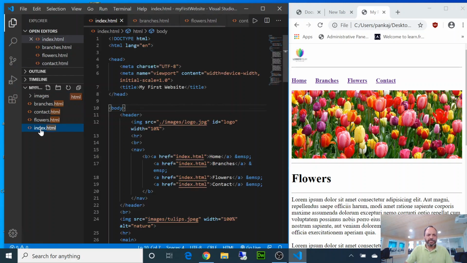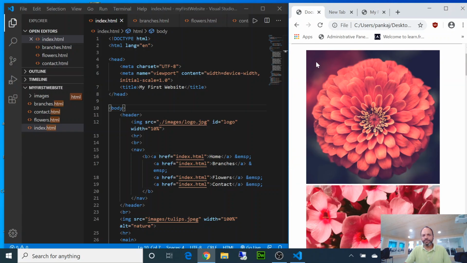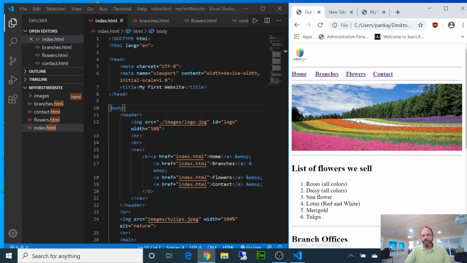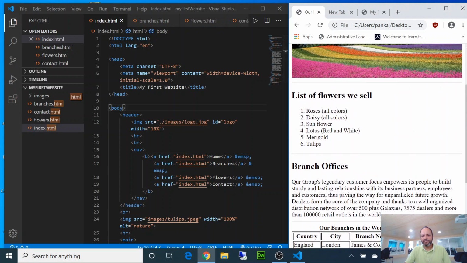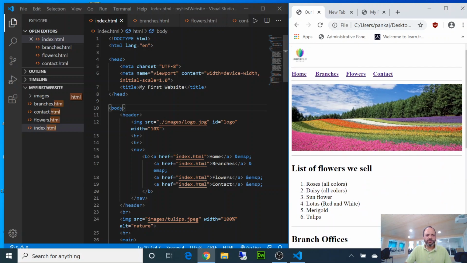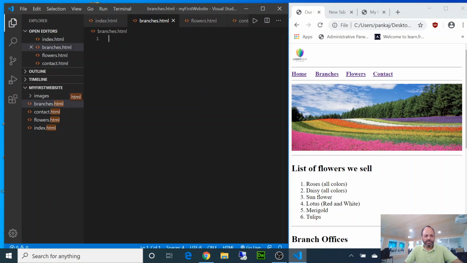The main one is index. And if you see, if I click on branches, okay, here, this is the main one. If I click on home, if you look at branches, only this picture is changing, but everything else except this middle part is the same. So what we can do is we can copy this, right? Control A, Control C, and I go to branches and I'll paste it here,